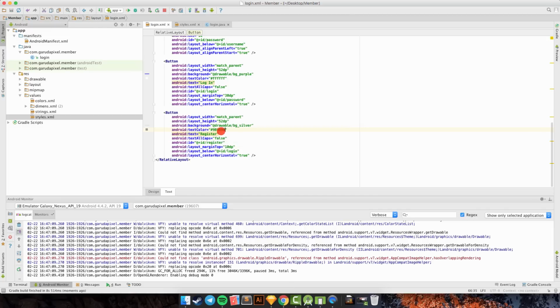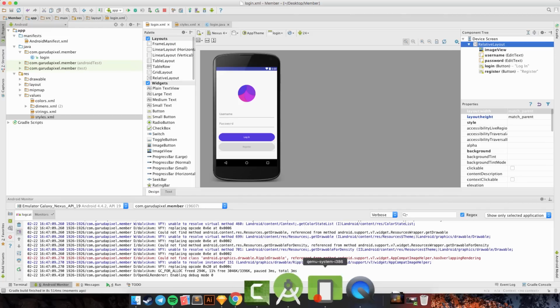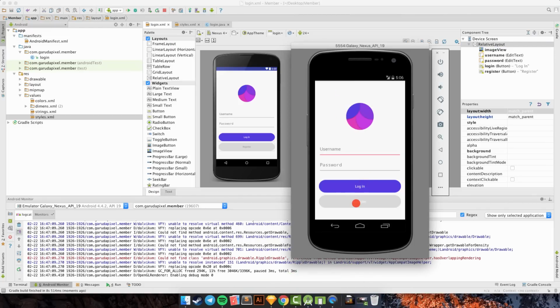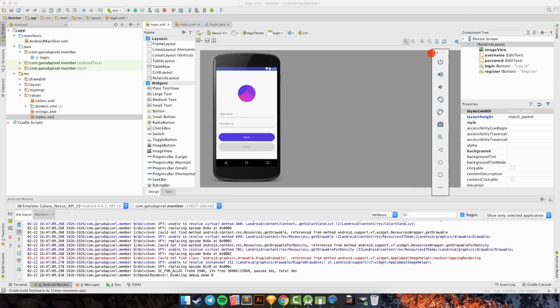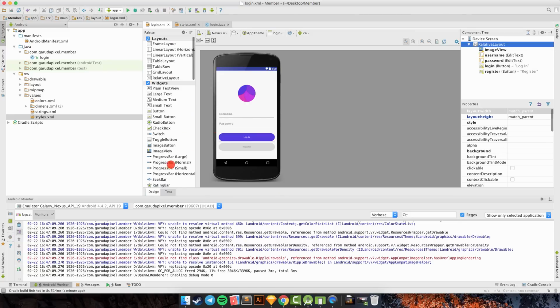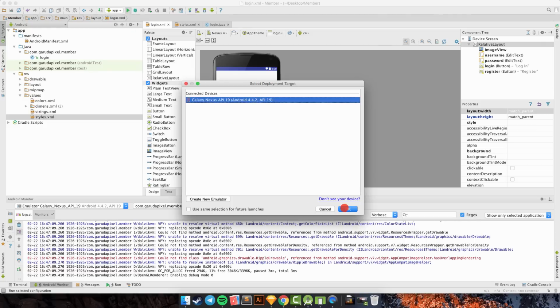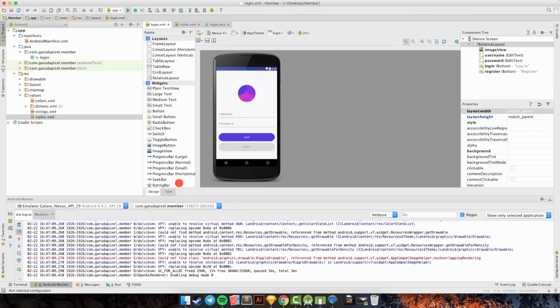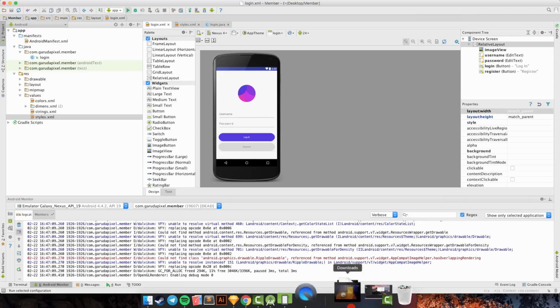Oh, this is our register and login. Okay, it's pretty cool, right? So, mistake, I closed it. Okay, so you go back to text and we can run again, and okay, while waiting for the Android emulator, we can next create the register page and register.java.